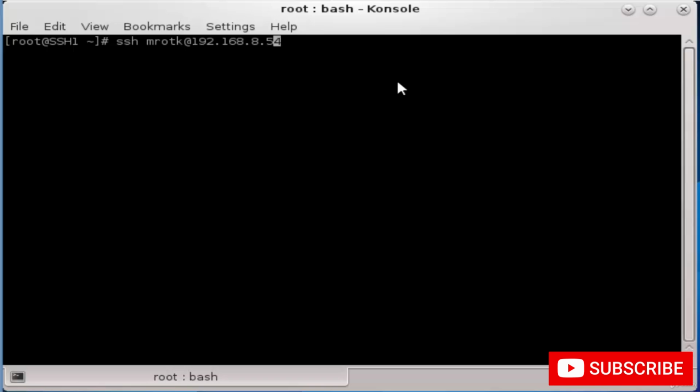Sorry, I made a mistake here. This user should be mtorc. This command should connect me to the remote host, which is 192.168.8.54, with the username mtorc, but I didn't specify the new SSH port yet in the command, so I will add